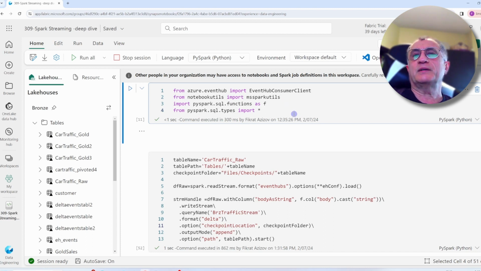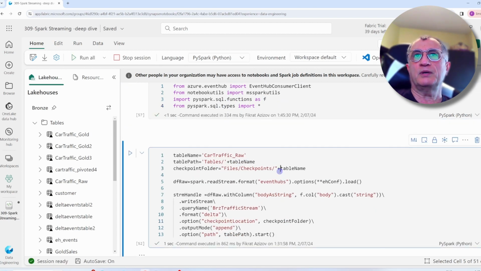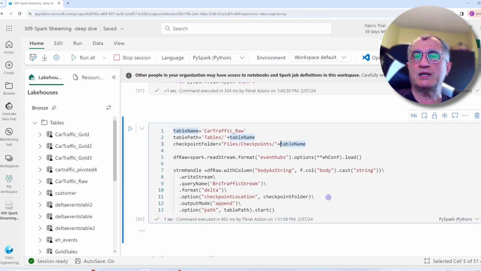My next cell takes care of importing necessary libraries. The few libraries that will be needed down the road are the Event Hub library, then MS Spark Utils libraries, which is good to handle certain folder operations. Then we'll often use SQL functions library, which is part of PySpark. And finally, we'll use SQL types to be able to parse certain JSON information. So let me run this. And then my next cell